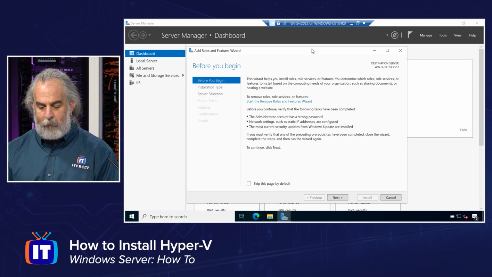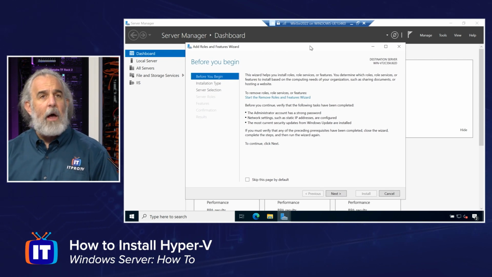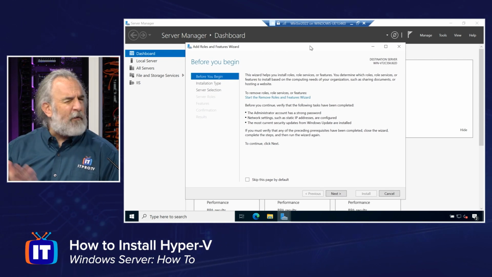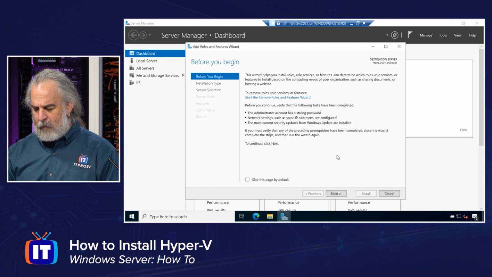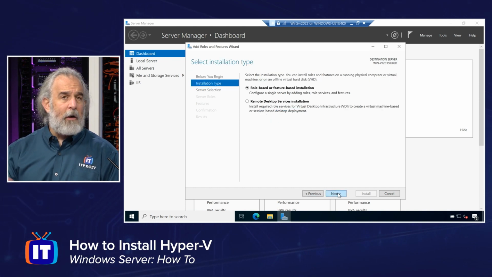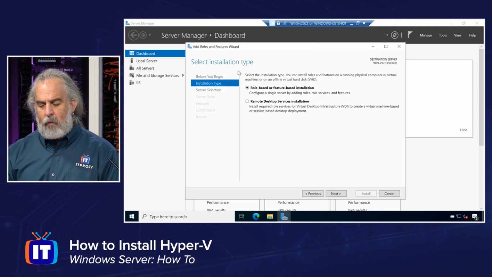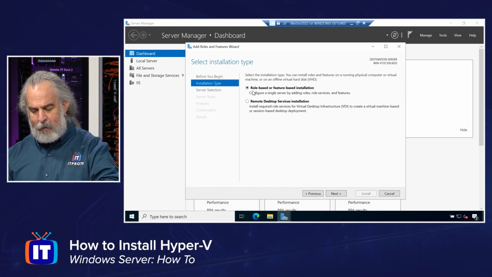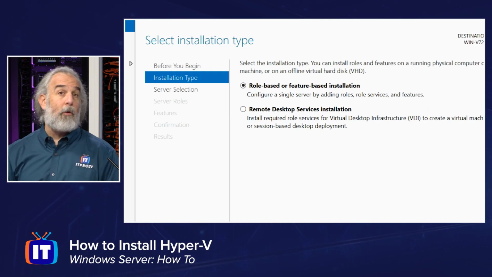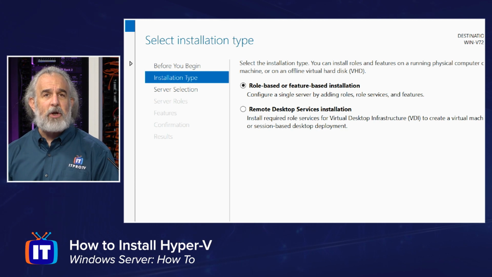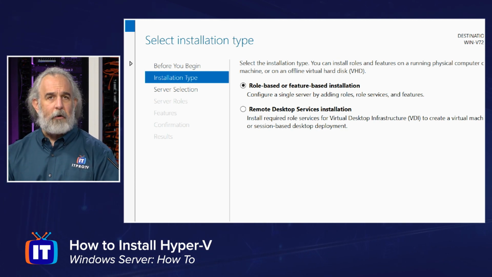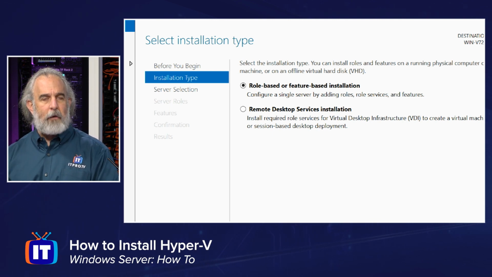We just bring this down and put this nice and centered for us. We could skip over the Before You Begin screen. Really nothing of value that we need to know there, just some guidance from Microsoft. You can read through that at any point. We're then going to select our installation type. In this case, we're going to go with the default of role-based or feature-based installation, allowing us to add and configure role services, features, etc. Hyper-V is going to be a role feature, a role service, and we'll install it from there.